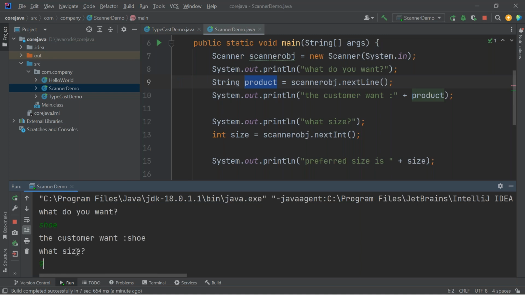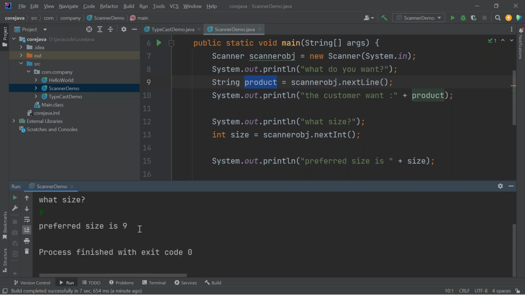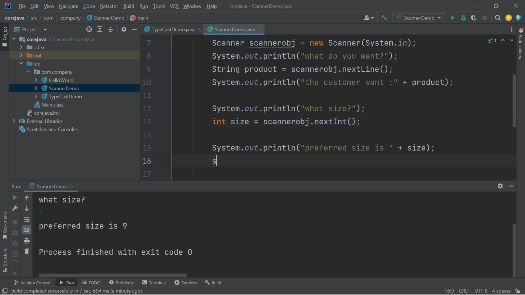I'm saying 9. Then again enter. So this is what is happening. I can easily read a string. I can easily read an integer. So do I have to use only this? No. There are so many